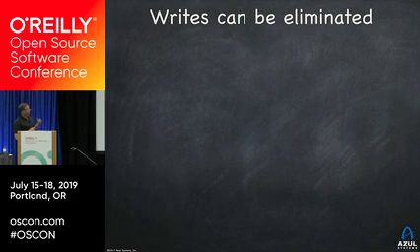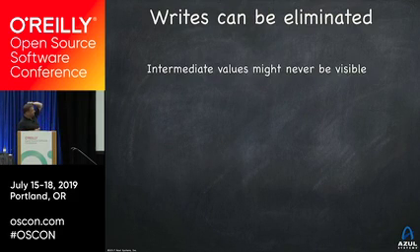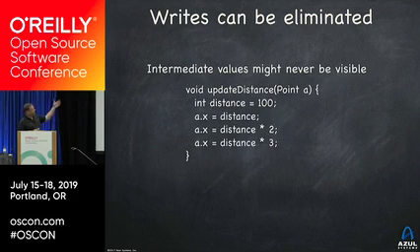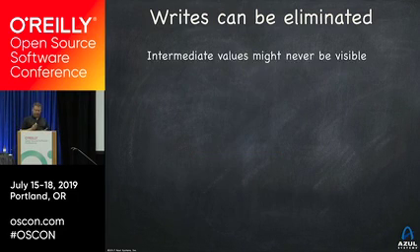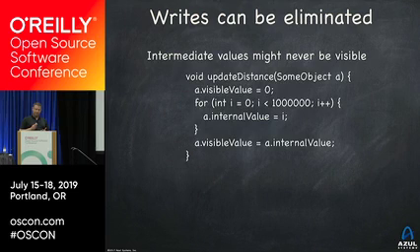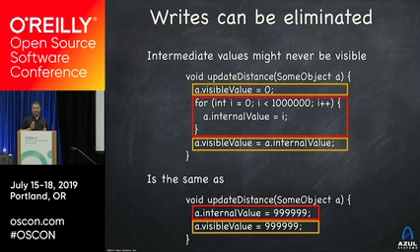We can also eliminate writes. So for example, if we write to the same thing 3 times, we could say I wrote so fast that you didn't observe the first 2. So let's just do the last one. That's 3 of them. How about 1,000,000? I just eliminated a loop. It was writing and writing and writing. I know what the final value is. I don't need to run the loop, right?